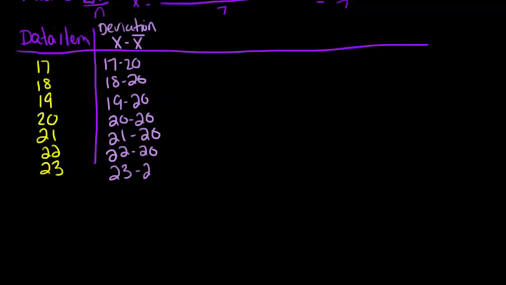And 23 minus 20. So now we will go ahead and say 17 minus 20, negative 3, 18 minus 20, negative 2, negative 1, 20 minus 20 is 0, 1, 2, and 3. Okay, so then the next part of the chart is deviation